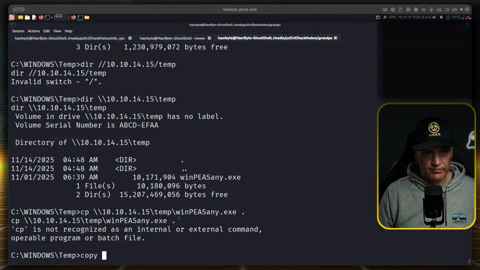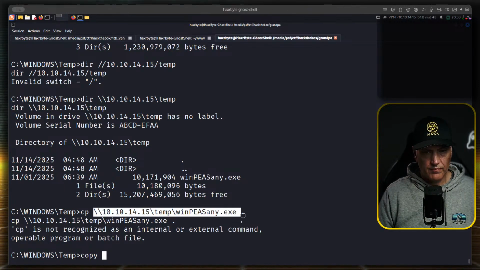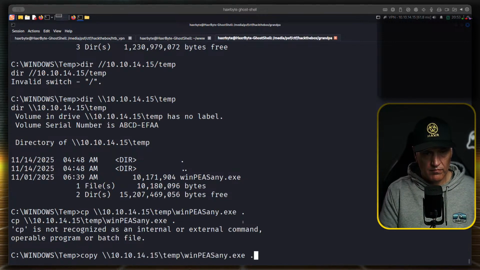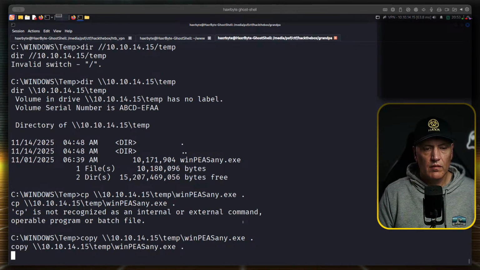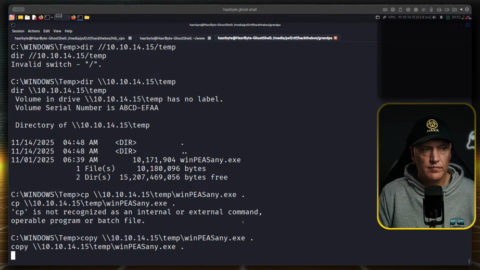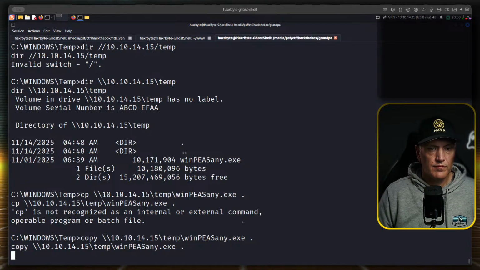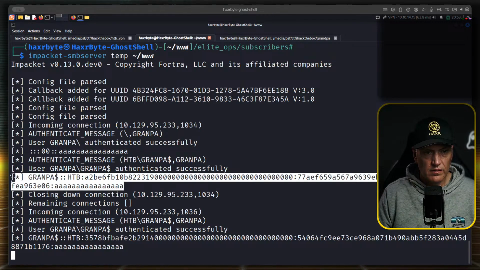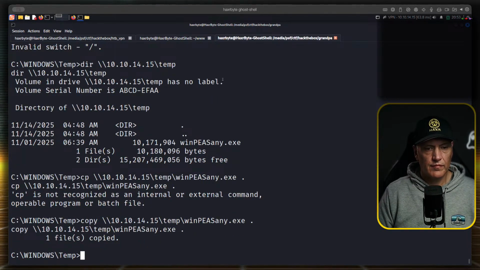copy, it's copying. Is it copying? It is copying. Okay.